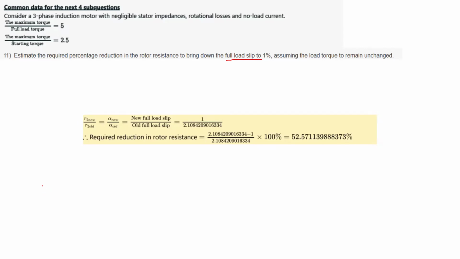First way is that we know the percentage change. First of all, you see R2 new is equal to alpha new by alpha old. So what they're trying to say here is the ratio of the new full load slip to the old full load slip. Okay, I understand. So first of all, we know that in the torque slip characteristics,